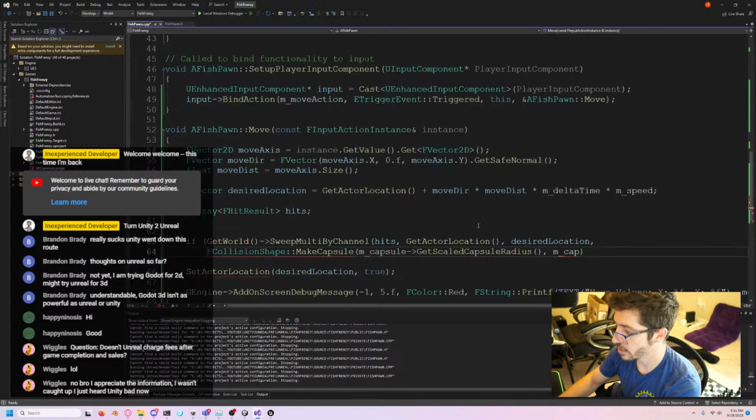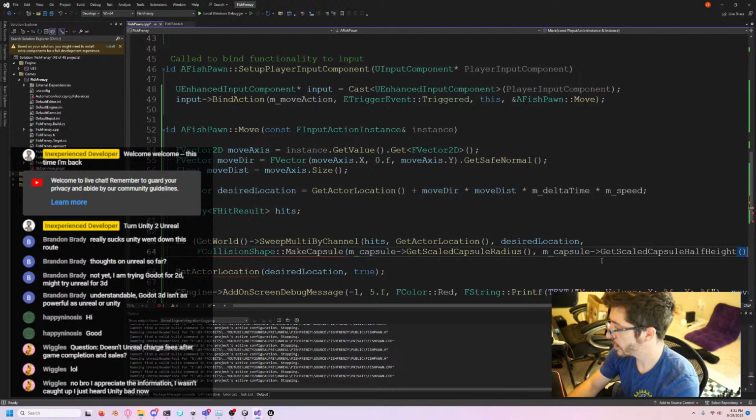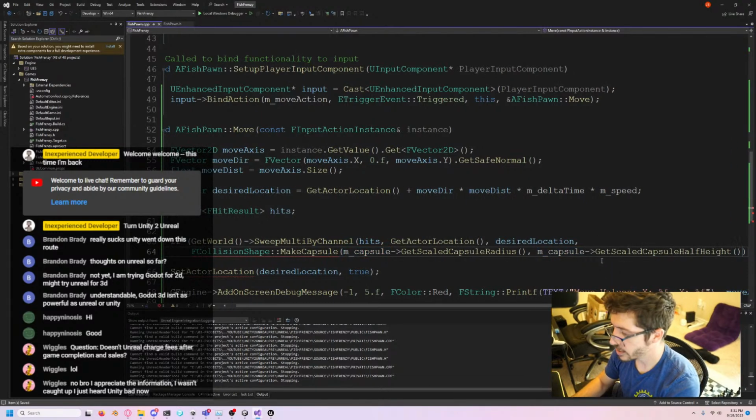So let's do there. We have that. All right, M capsule. Get scaled half height. Okay. So now we have that. Did we get everything wrong with our collision capsule thing here? So 1, 2, 3, 4. Okay. Maybe that. Okay. And then